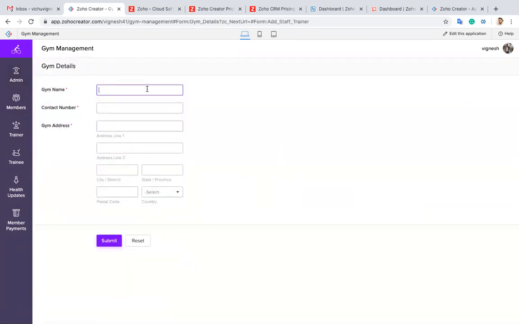First, I have to fill in the gym name. I filled in Vignesh Gym, the phone number 96002585, and gym address Chennai.